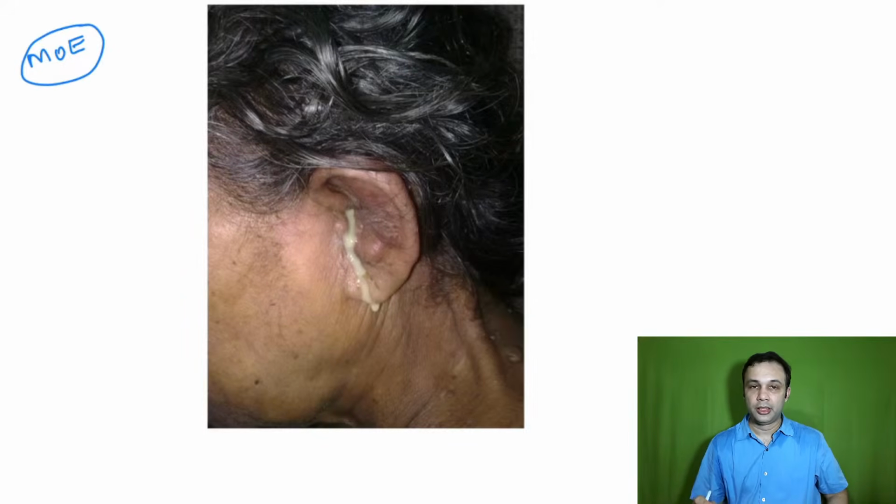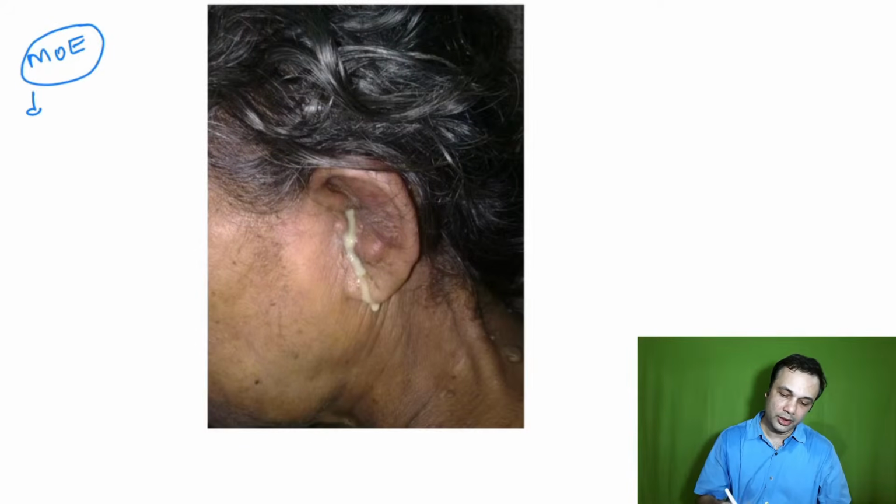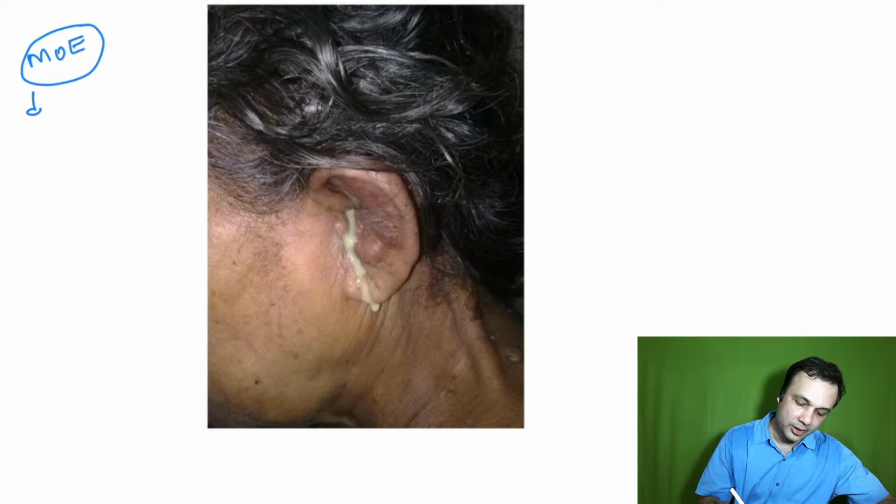Malignant otitis externa, right? Right. So malignant otitis externa is the diagnosis here. So when we talk about malignant otitis externa, the earliest investigation which will help us diagnose is a